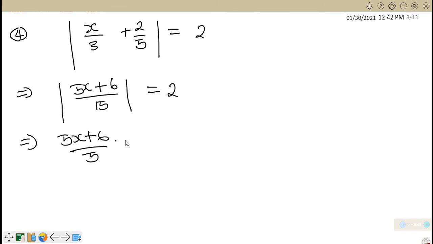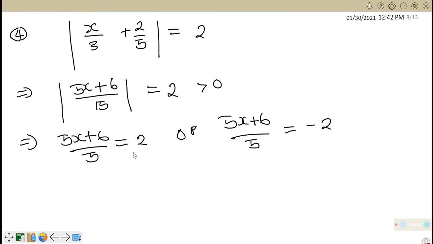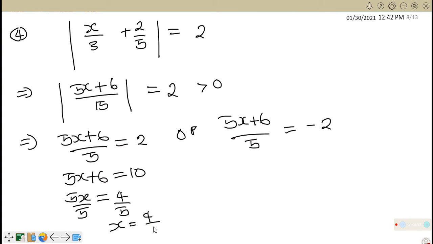over 5 equals 2, or 5x plus 6 over 5 equals minus 2. Because 2 is greater than 0, of course. If we cross multiply here, we have 5x plus 6 equals 10. So 5x equals 10 minus 6, which is 4. Dividing both sides by 5, we have x equals 4 over 5, or here multiplying by 5, 5x